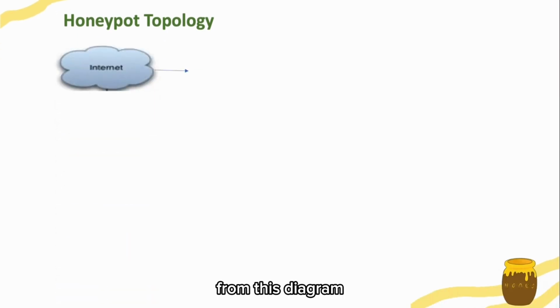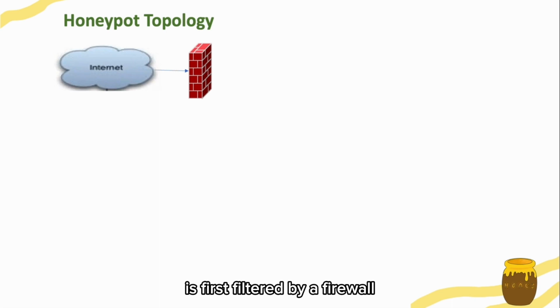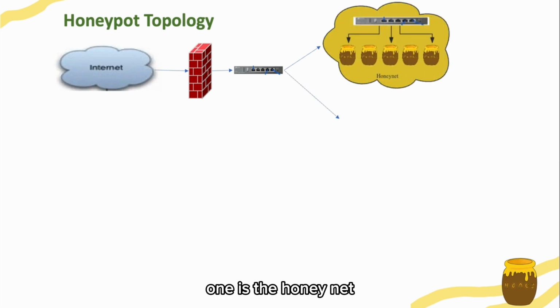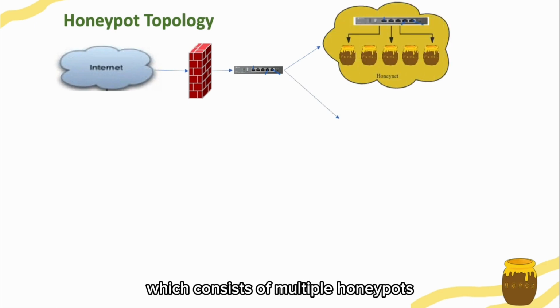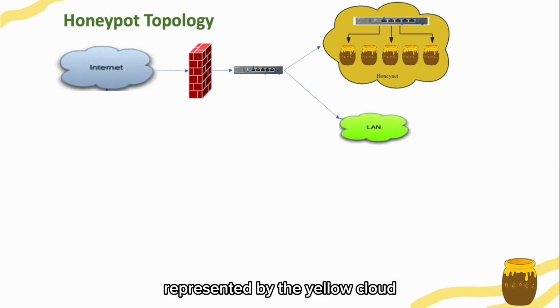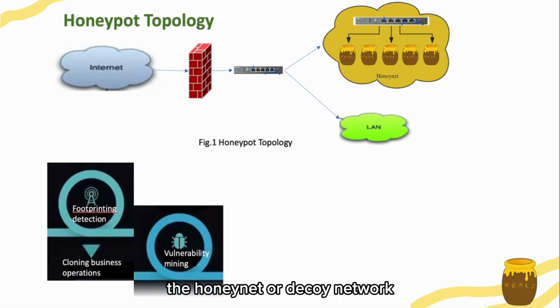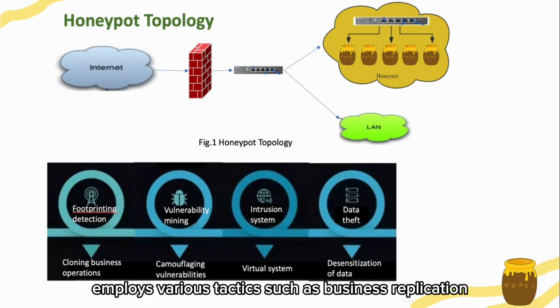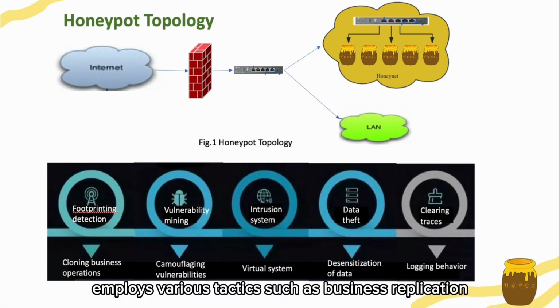From this diagram, we can see traffic from the internet is first filtered by a firewall, which acts as the first line of defense by blocking unauthorized access, and then the switch is connected to two separated networks. One is the honeynet, which consists of multiple honeypots represented by the yellow cloud, and the other is the live network. The honeynet, a decoy network, employs various tactics such as business replication, vulnerability emulation, and data desensitization, and the documentation